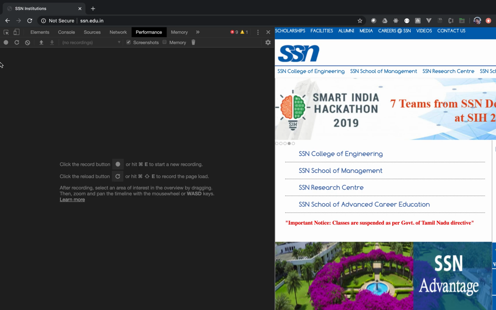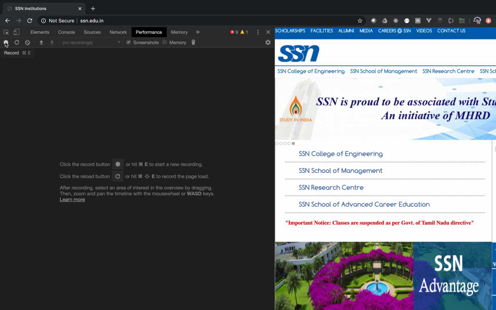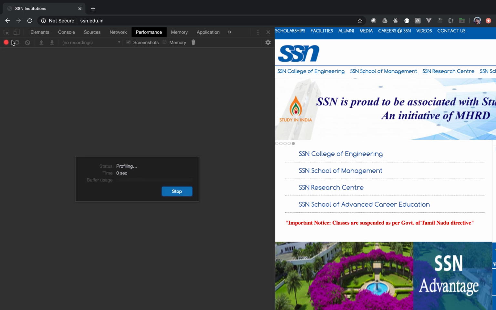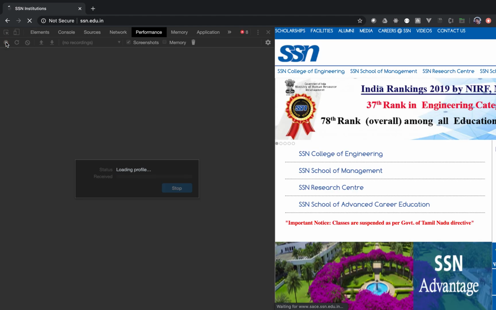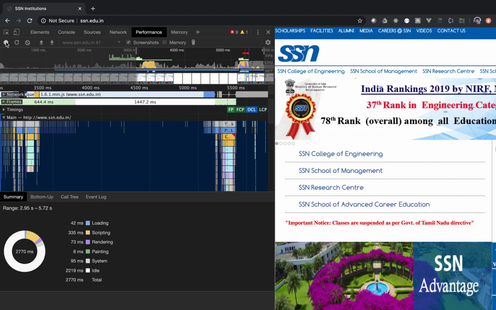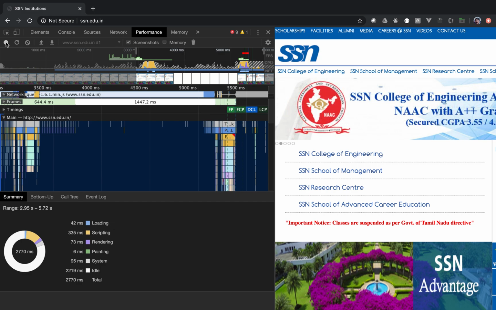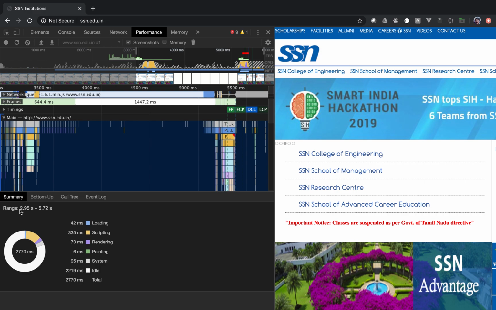So for that, we can record this site and then refresh the page, and once the refreshing is done, we can stop recording, which will give us a neat analysis of the different metrics used for the performance analysis, including the load time, which is in the range between 2.95 seconds to 5.72 seconds.